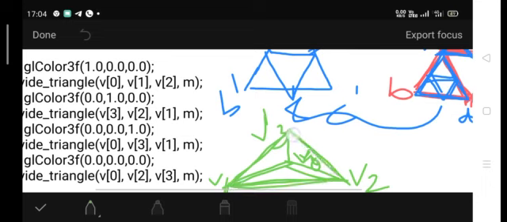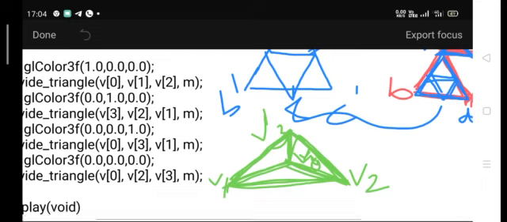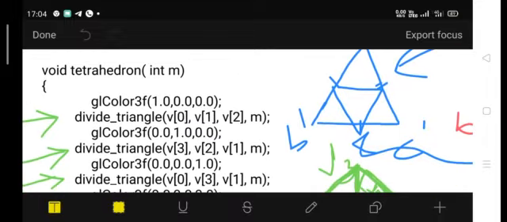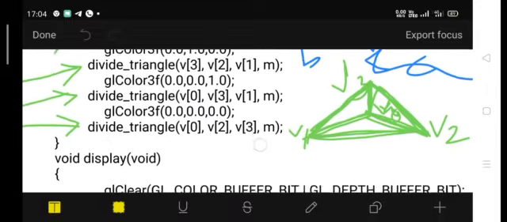the face which is behind. Then v0, v3, v1; v0 is the midpoint, right? v0, v3 and v1, this triangle, guys, and v0, v2 and v3. Follow the pointer, you will come to know. This is how the tetrahedron is defined. That's why, to define the tetrahedron, you need to have this module.